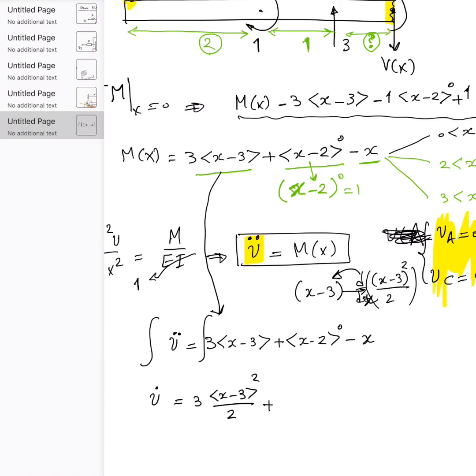Plus, now if I integrate the second term, it's going to be (x − 2) to 1 over 1 minus x² over 2 plus C1. Okay, now the question is, can I apply the boundary condition at this stage? Well, you remember when the beam was fixed from the left to the wall, we had a slope, so we had a condition for the slope. So at this stage, I could set something for this v dot, which is a slope, and then find C1. But in this problem here,